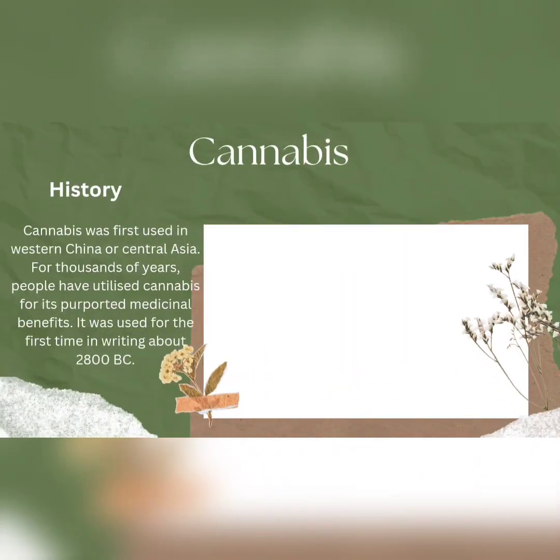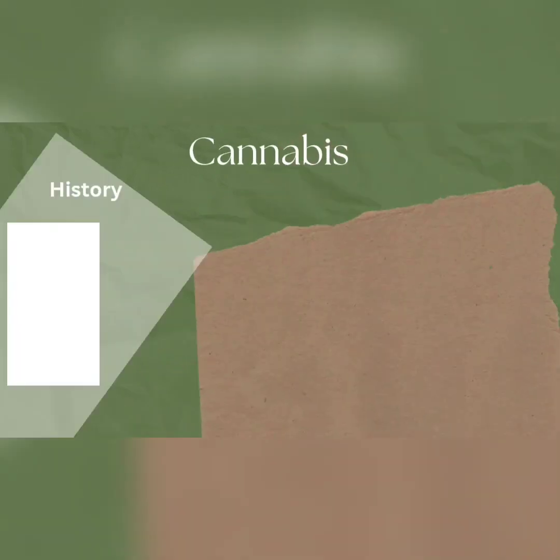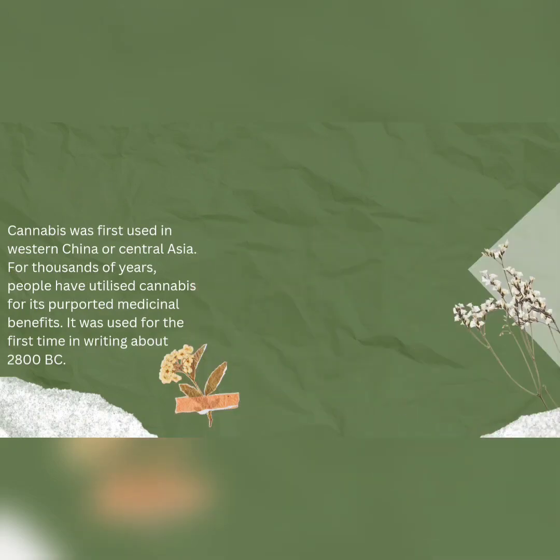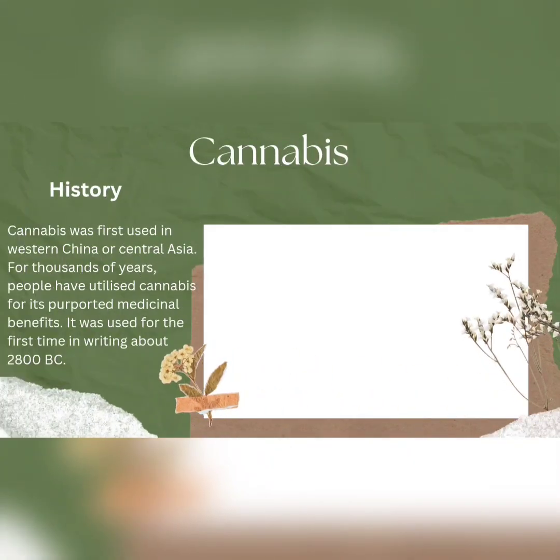In this presentation, we're going to talk about cannabis. But first of all, we're going to talk about the history of cannabis. Cannabis was first used in Western China and Central Asia thousands of years ago. People have utilized cannabis for medical benefits, and it was also used for the first time in writing about 2800 BC. So it has a long history. It has been used by different